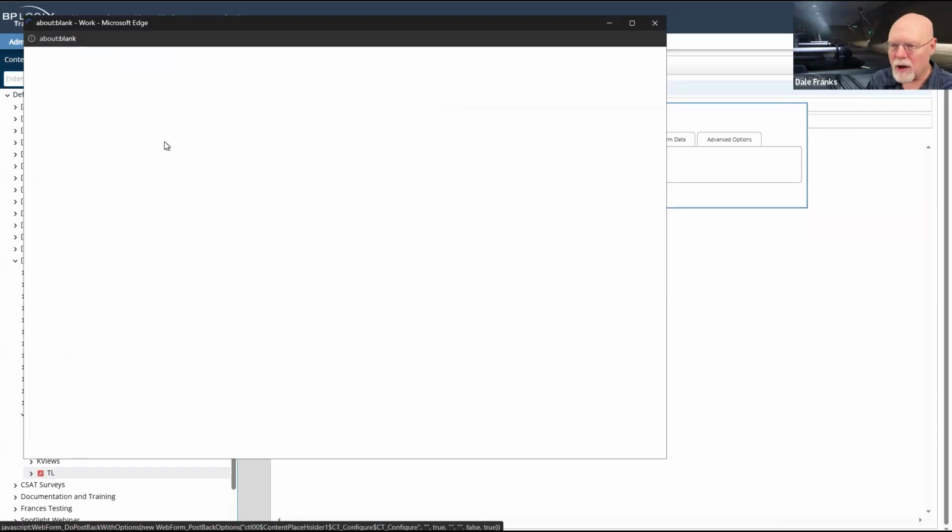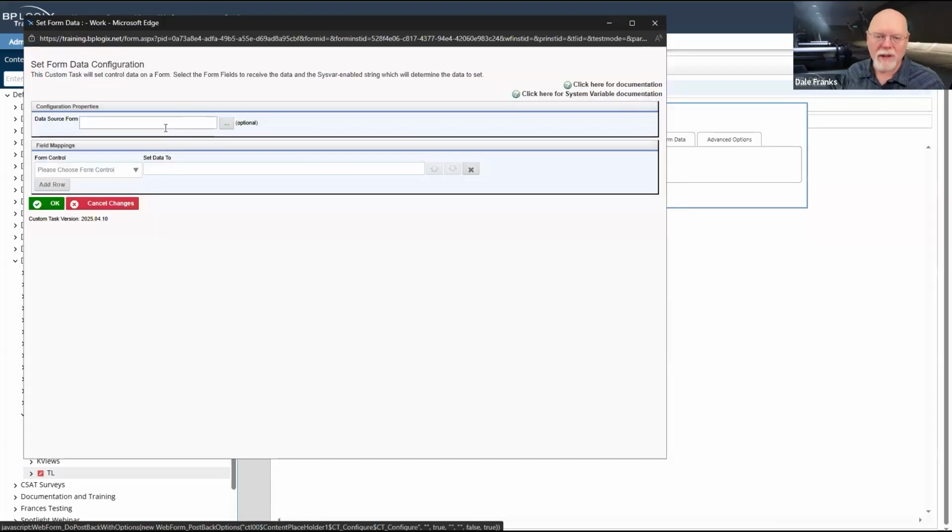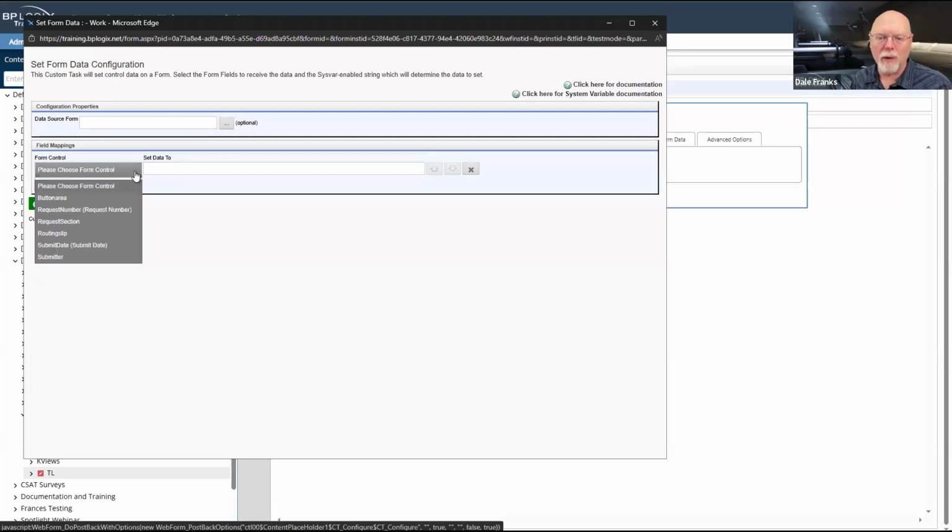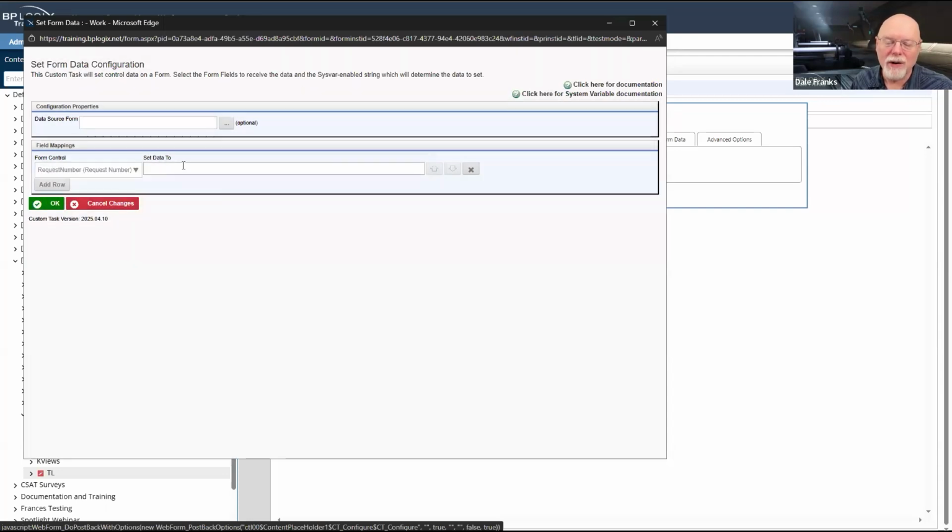As I've talked about before, we don't want to set the request number until we're actually in a running process, so that we don't burn sequence numbers, because I am, in fact, going to set this via a sequence number. So we are just going to use the sequence number system variable.